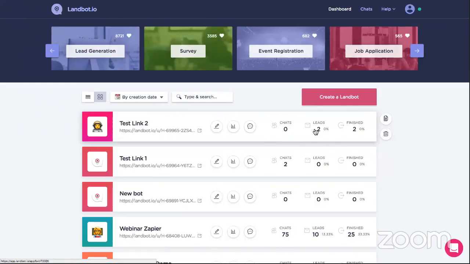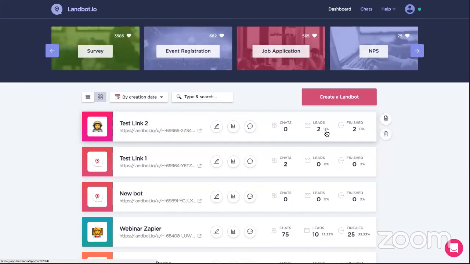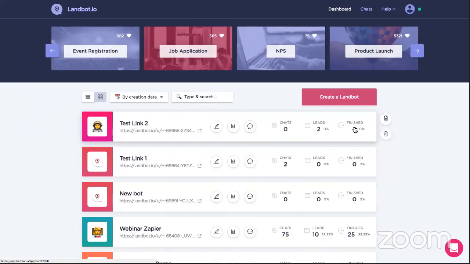Then we got some metrics here. We got chats, we got leads, and we got finished. Don't pay much attention to our tests because these metrics can be a bit crazy. But chats means that someone started a conversation. Leads means that he or she provided a way to contact back with them. And finally, finished means that they've reached a block that's not connected to any other block, which will be considered as